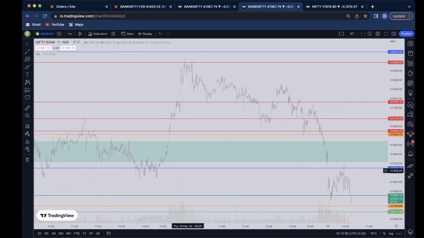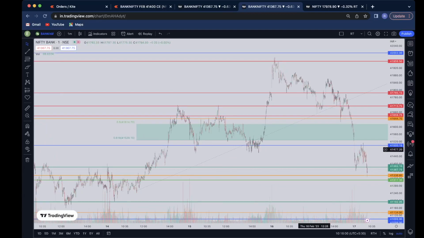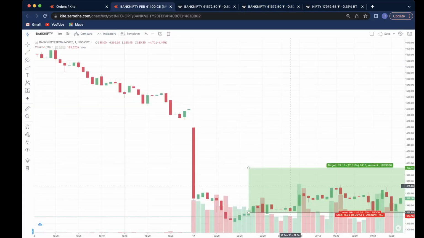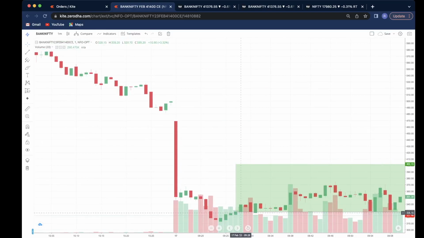Another reason was that the market can also go for a retest, right? This was the neckline breakdown. The market can go to retest up to here, right? So we made a call option buy at around the price of 327 at 9:27. Our stop loss was the usual, around 30 points.